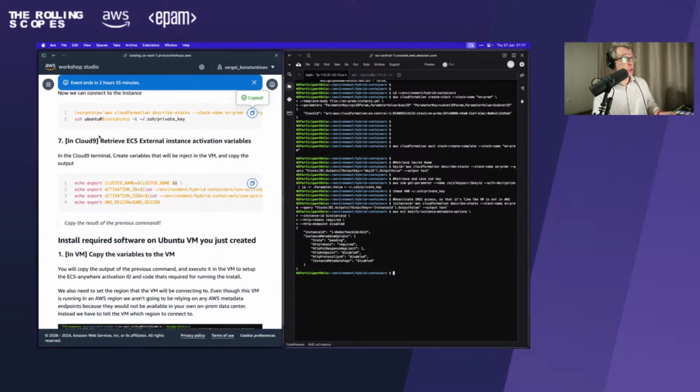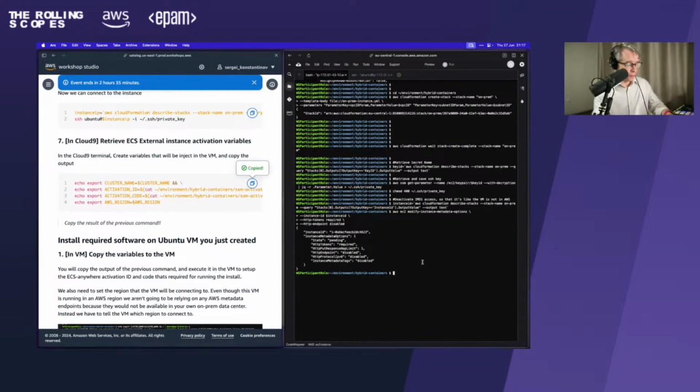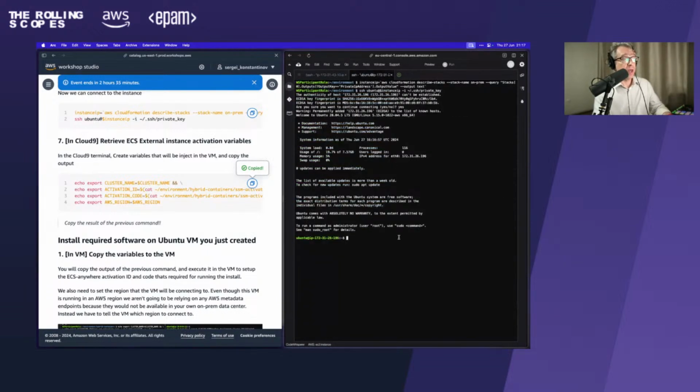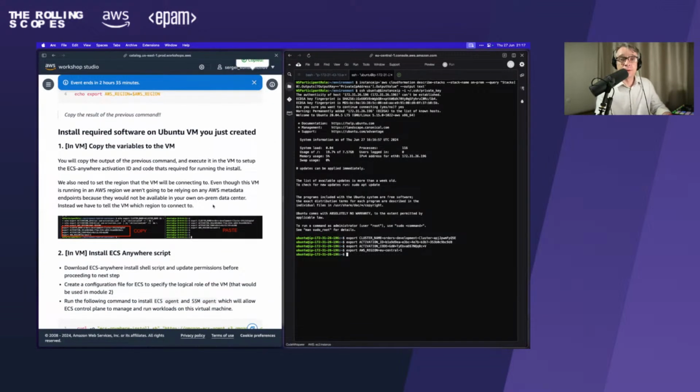Our next step is to retrieve the ECS external instance activation variables. Let's do that. Copy these export strings, paste them into your Linux virtual machine and run it. Good. Okay, we have created our keys. We have created our VM. And now,